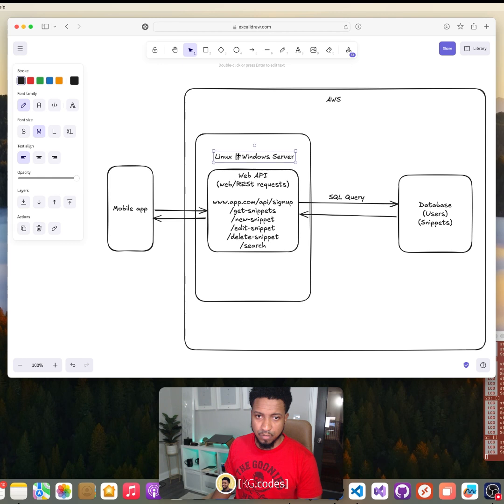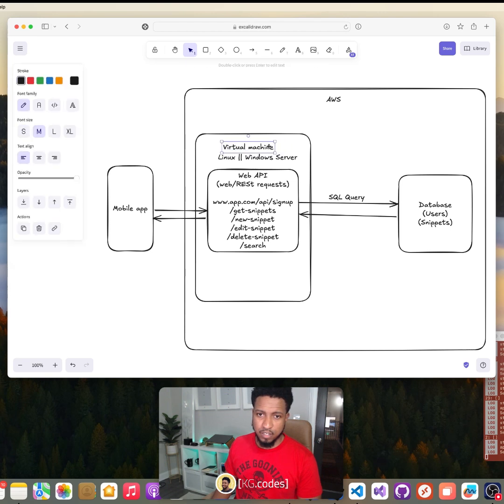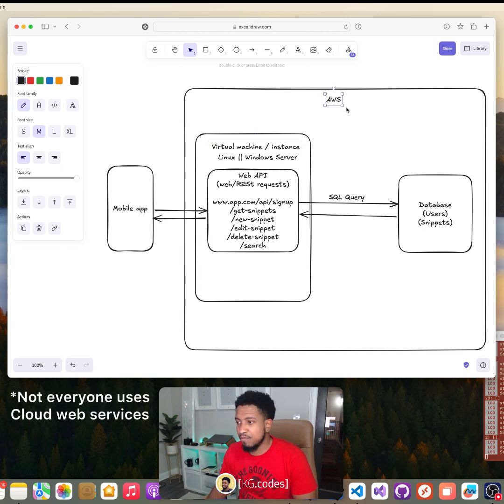It's probably a virtual machine instance, a cloud instance. So that's the thing we get with the AWS cloud service. We used to have literal physical machines. Now we use AWS, which is Amazon Web Services,